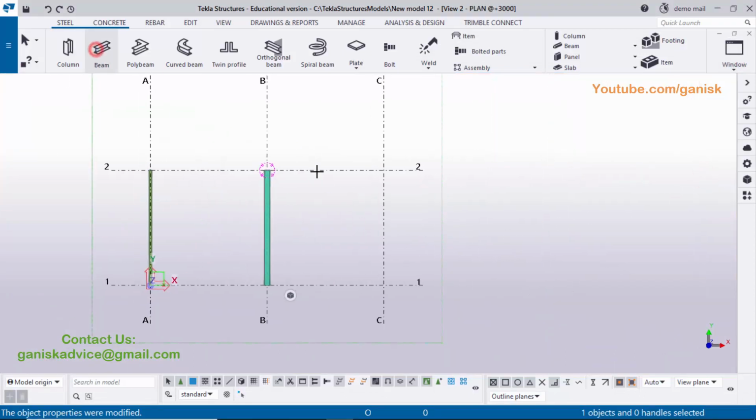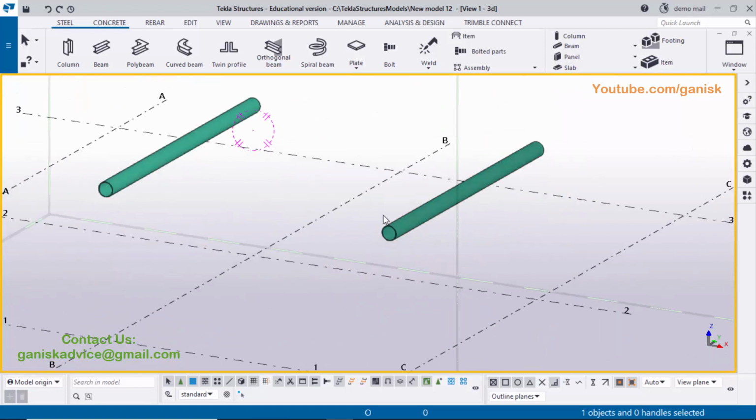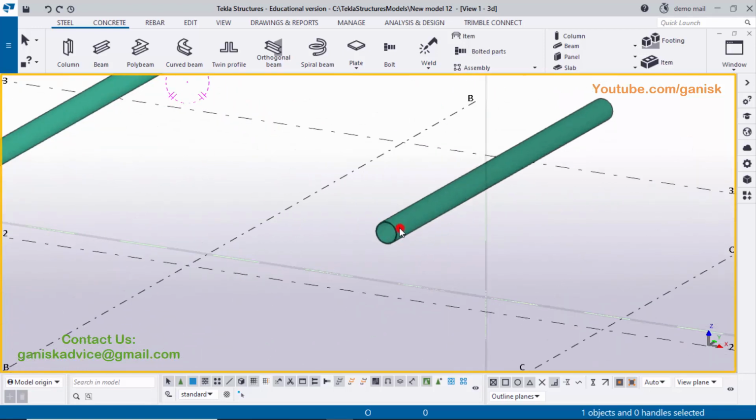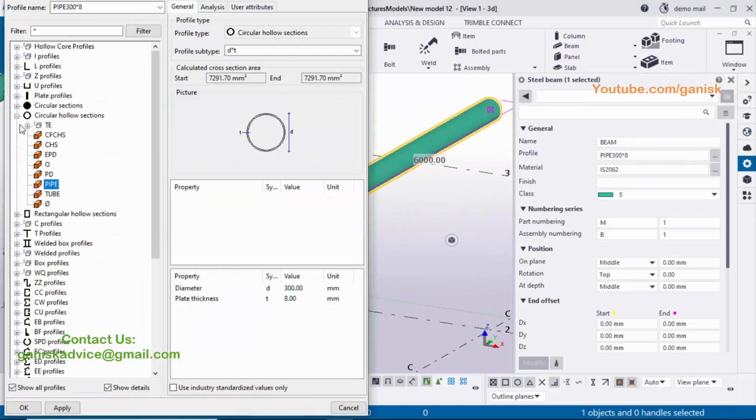So click on this beam and pick the first point here and pick the second point at gradient section point here to create the beam like this, initially with the previous profile. So we're going to change this profile, so double click on it, click on here profile catalog and minimize this